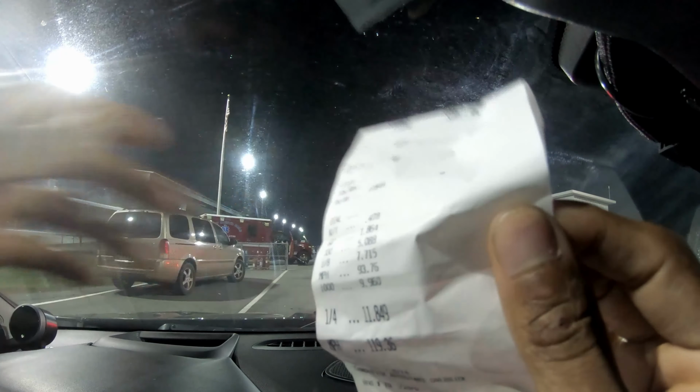Like I said, it was 11.849 at 119, which ain't terrible, I guess. I know I get low 11s with this car with a decent stall. And then the second one, I was supposed to be pro tree, but I wasn't. This time I went, I guess, maybe with the opponent's tree. So that was a sportsman tree, and